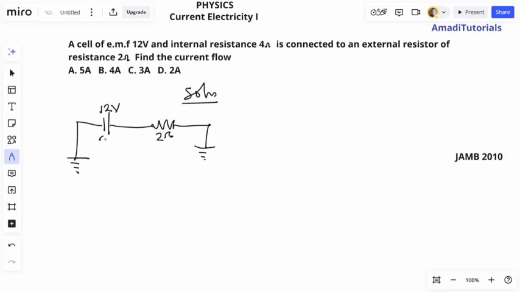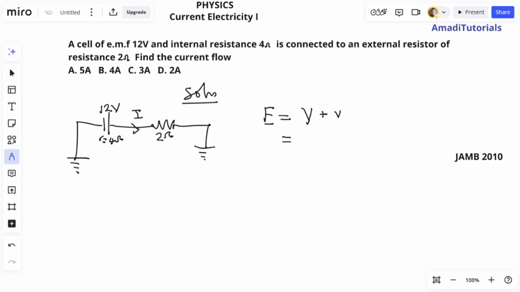Then the internal resistance of the cell, small letter r, they said is 4 ohms, and we should calculate the current flow. Remember, this is a series connection, so the same current will flow through them. So now, EMF, represented by the letter E, is given as what? The voltage drop across the external resistor, denoted by big letter V, plus the voltage drop within the cell itself, the internal voltage drop, denoted by small letter v, which equals